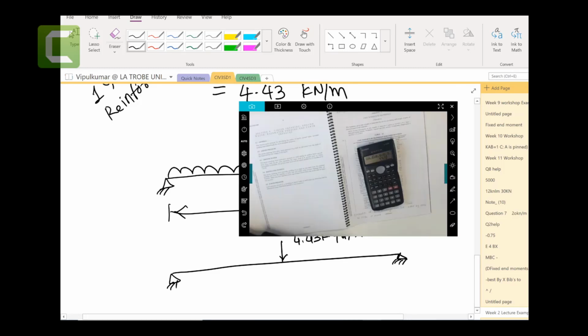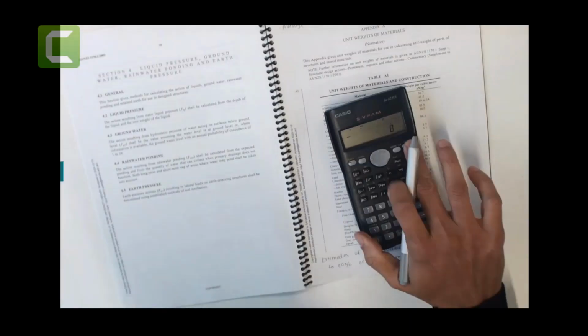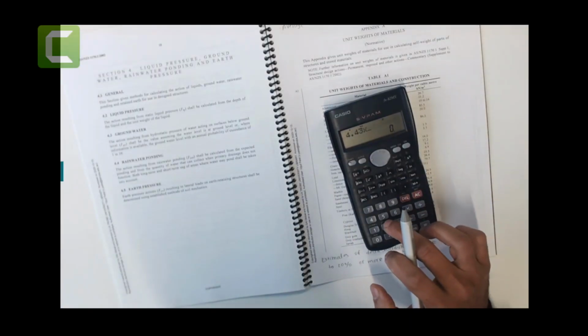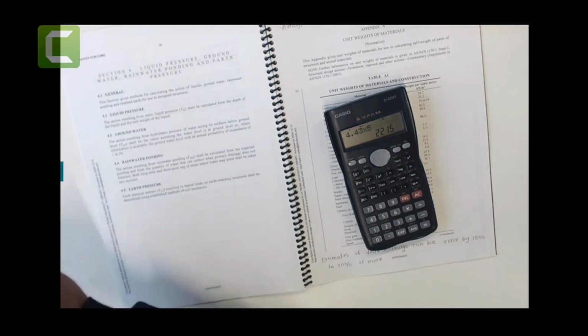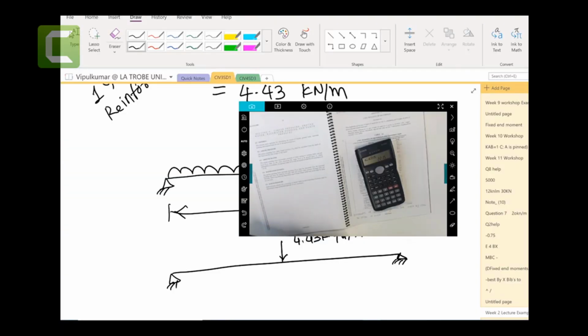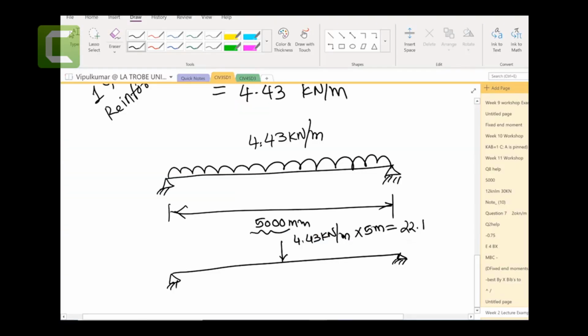That will give me 4.43 times 5 meters, which gives 22.15 kilonewton. That is the point load. So that's the first answer. If I want to put it in a summary,